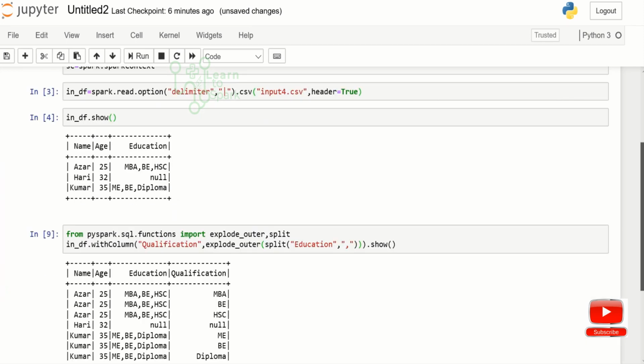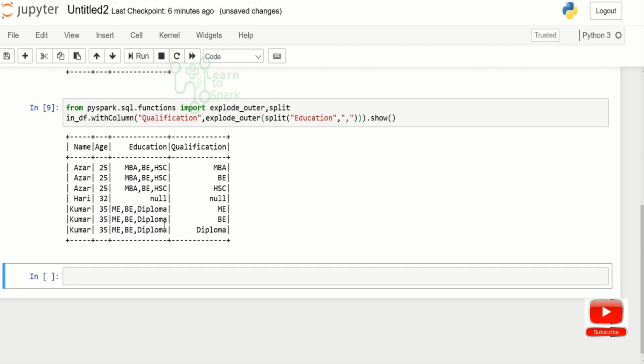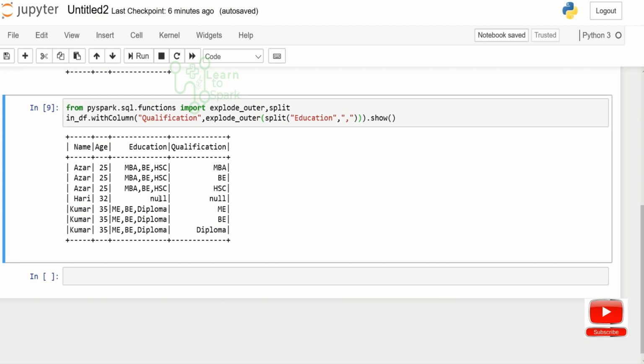Now we can observe that our null value is also getting populated. Even if there is a null in the column that we are exploding, it is getting populated. So this way we will be able to explode. If we don't need a positional index, then it is a better option to go with explode_outer itself.